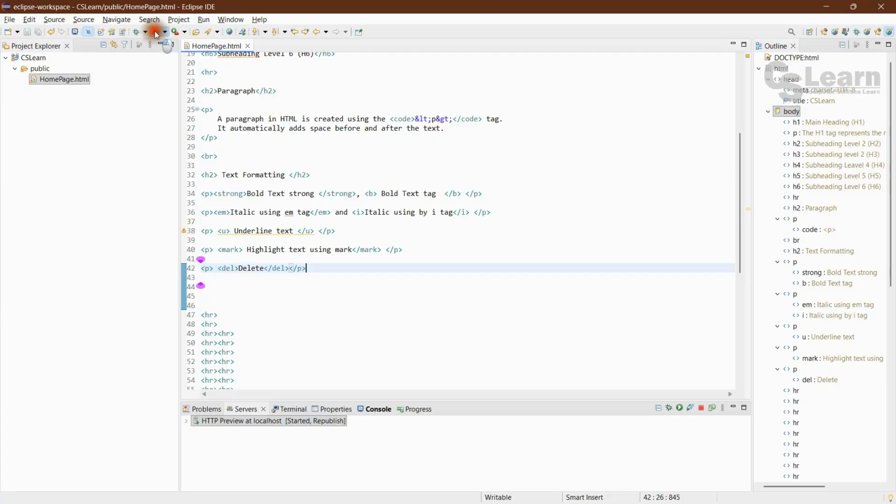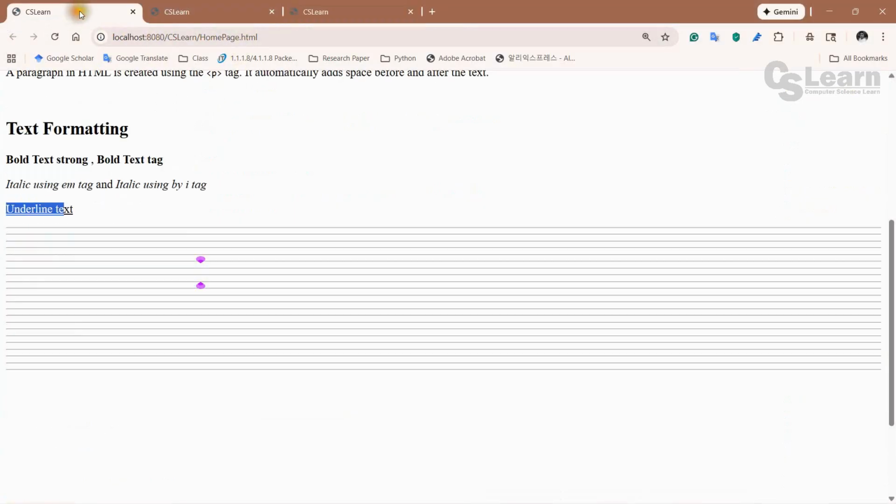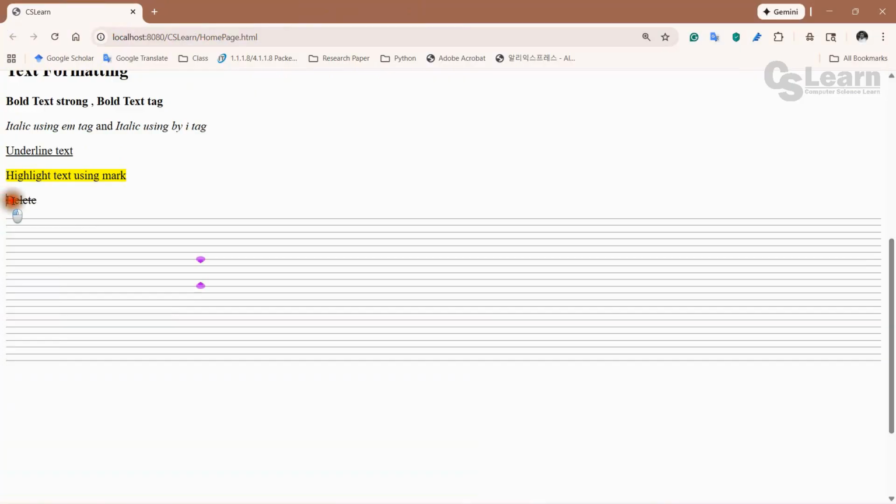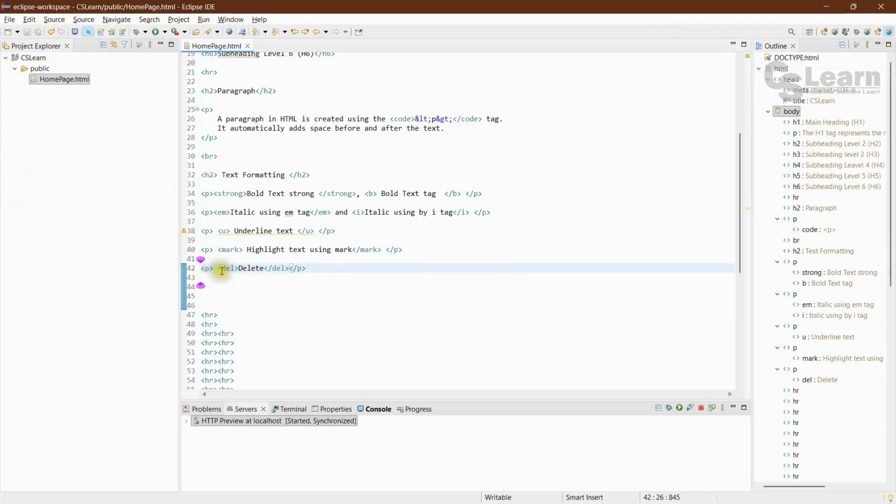Now you see the output for delete. If you want to strike out the text like that, you can use del. This tag is useful. And another example,